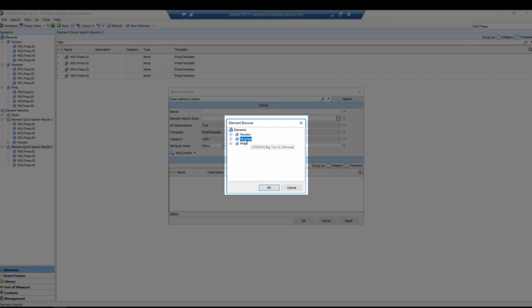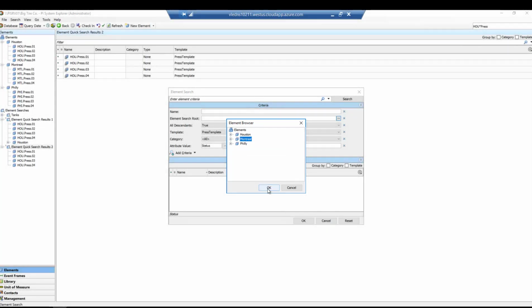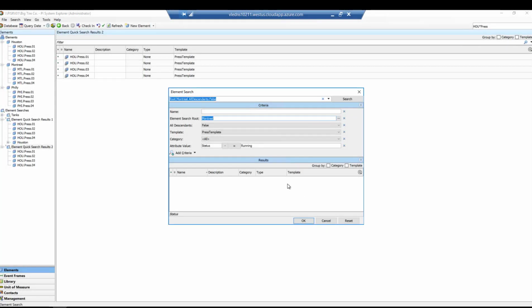A screen appears from here and you can select the item of interest. We will select Montreal. Click OK. In the template field, we can add Press Template. Adding templates will become more important as additional templates are created.